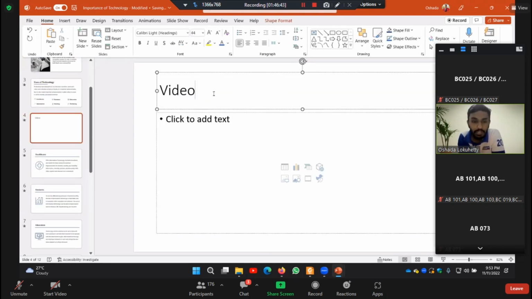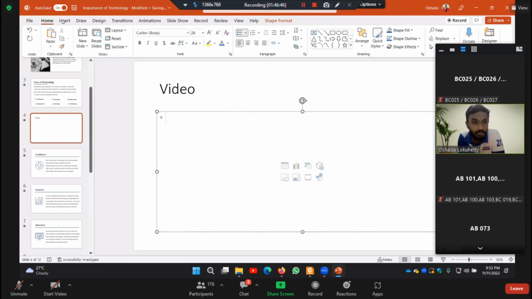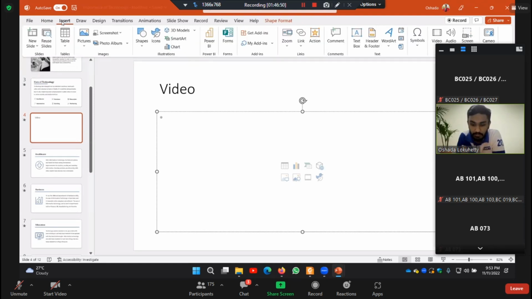So in order to add the video also, you have to go to the insert tab. Make sure of the thing that I told you earlier: if you want to insert anything, a picture or an image, you have to come here. Don't go anywhere else. So in this case, we need a video. I'm coming here, insert. In this ribbon, you can find video,